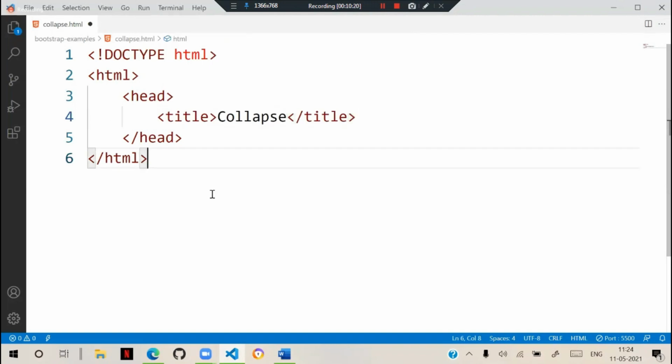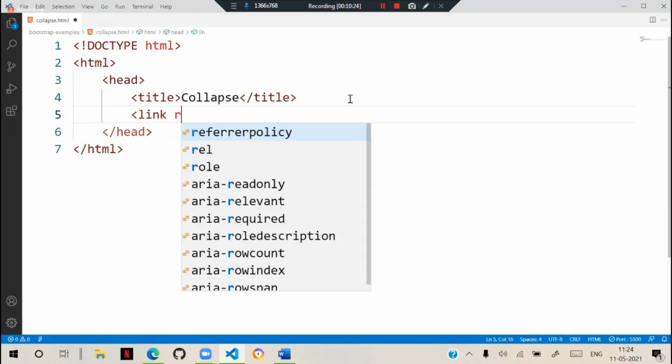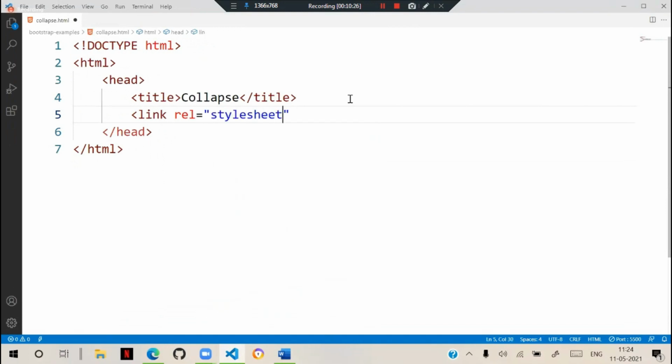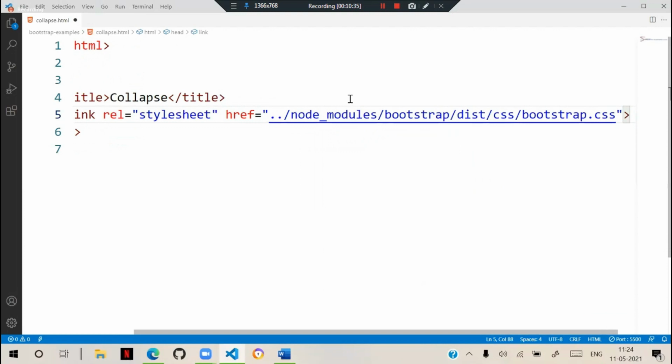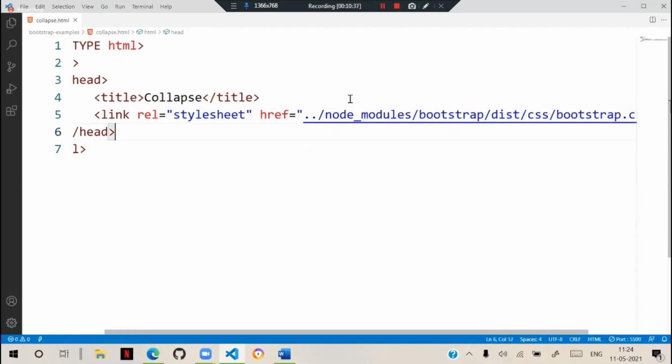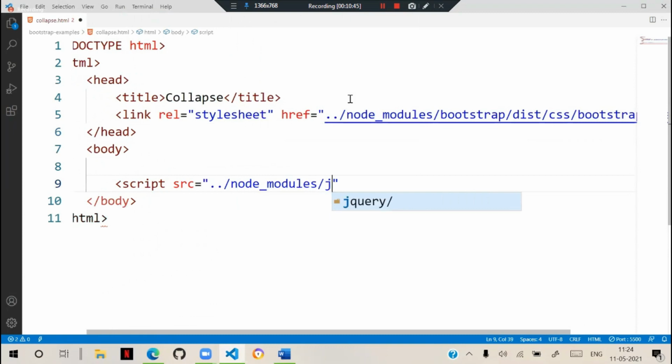So the link rel is equal to stylesheet, and the link href is equal to node_modules/bootstrap/dist/css/bootstrap.css.